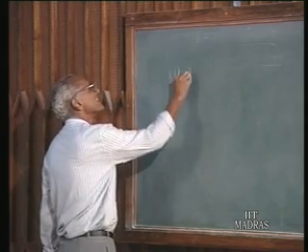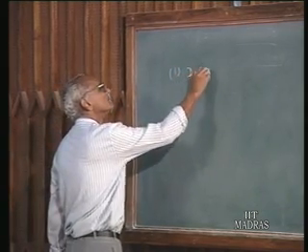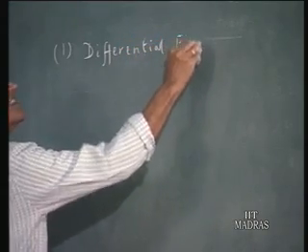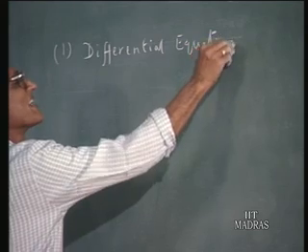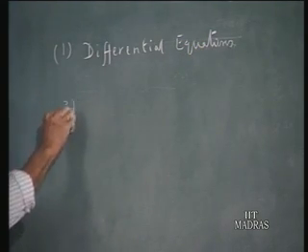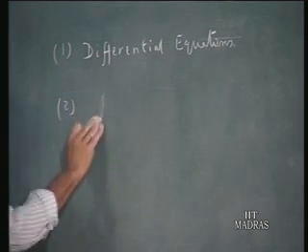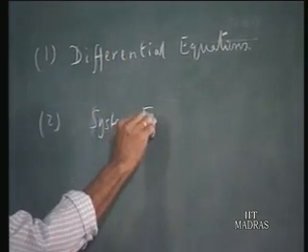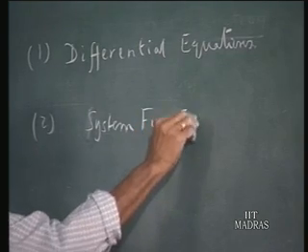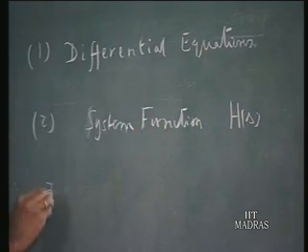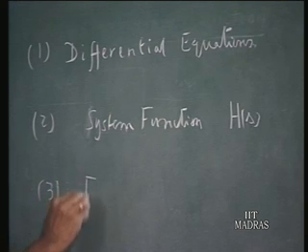One is the differential equations. Solution of the differential equations will give us the transient solution. We saw the difficulties associated with this. Second method is the system function H of s. You can use the system function, it gives the same information as the differential equation, H of s. Then we also saw an equivalent, the frequency response function,